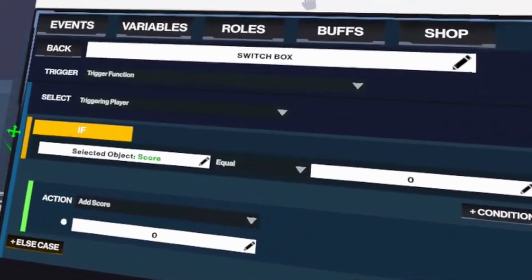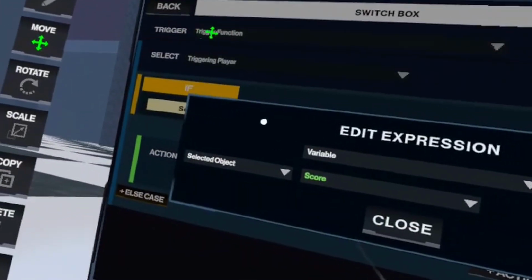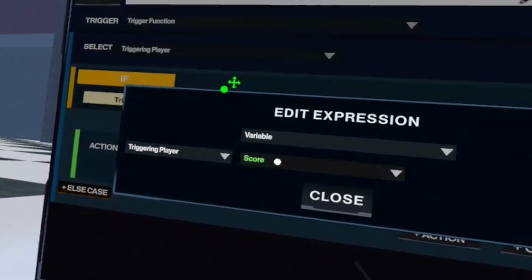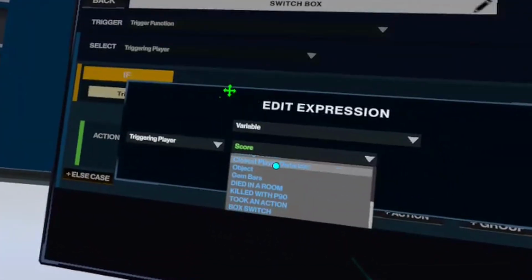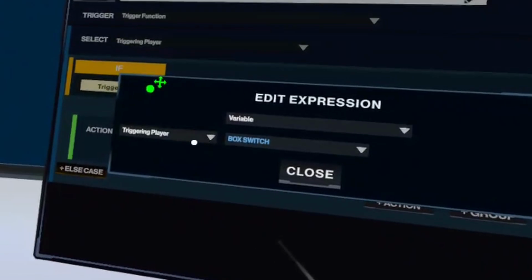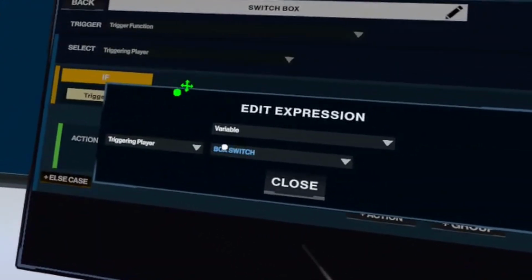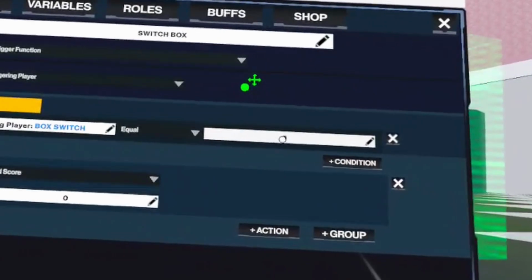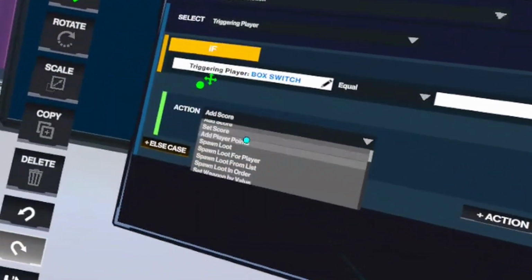So here the condition is if the triggering player has inside of this variable, which is called box switch, a number of 0, that means he is outside and coming inside, then